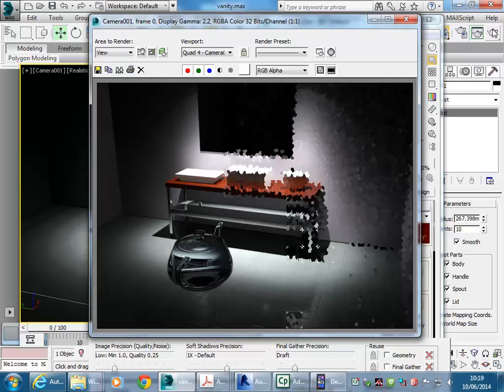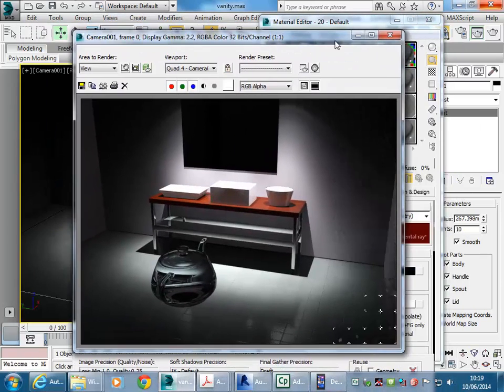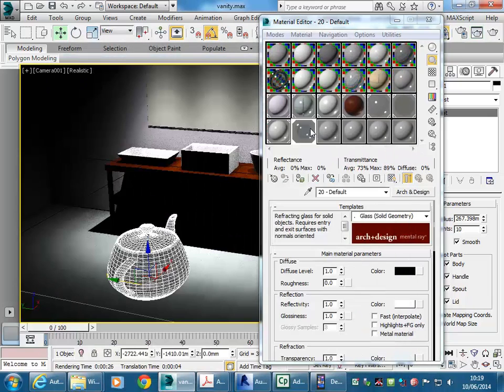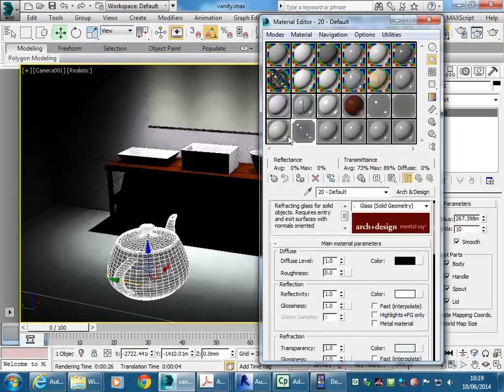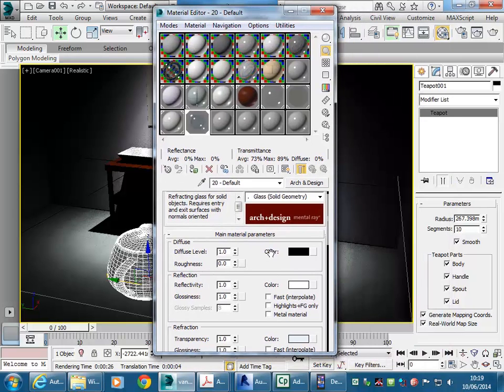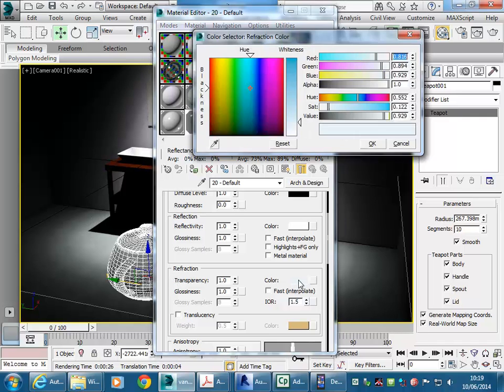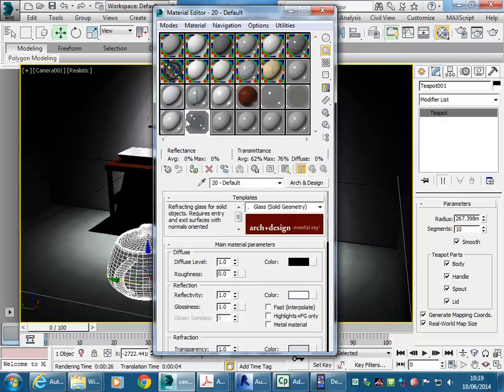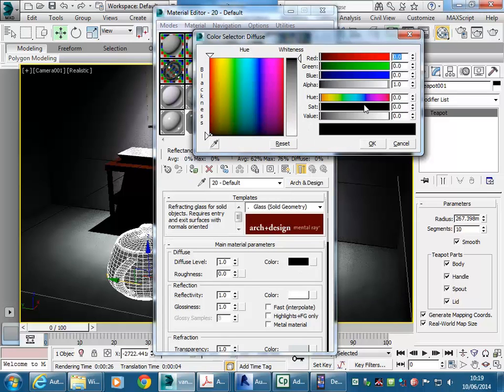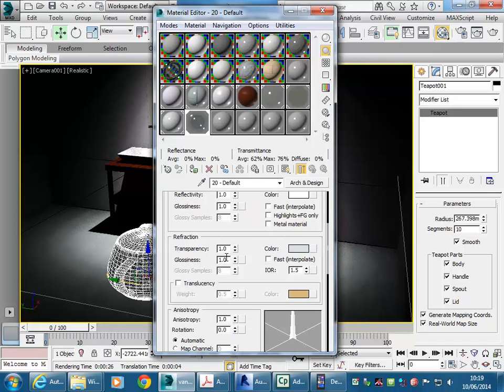Okay, so that easy, and then the properties again are a lot like the other things. So just looking at this material, you can see it has colour, just like other things, but the colour's not going to have much of an effect while it's so transparent. So as you reduce the transparency, you'll see more of the colour effect. And you can change that, so you can put a tint on or do something like that, but it does need to be